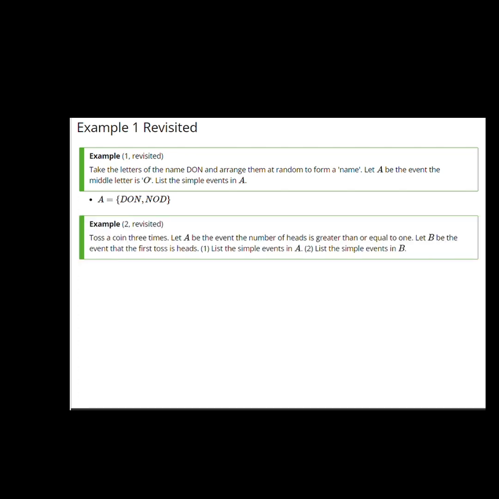In example 2, we tossed a coin 3 times. Suppose A is the event that the number of heads is greater than or equal to 1. Let B be the event that the first toss gives us heads. What are the simple events in A itself? Well, the number of heads is greater than or equal to 1 only if we don't obtain all 3 tails. There are 7 such points, HHH, HHT, and so on,